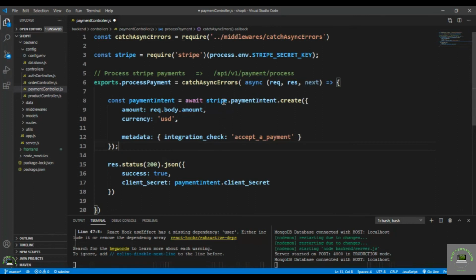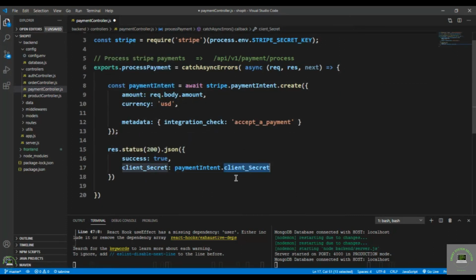First of all, Stripe has a property of paymentIntents, and we create a new intent. We have to pass the amount, which we will pass from the front end, then the currency, which is USD, and in the metadata we pass integration_check, which will be accept_a_payment. After accepting the payment from this payment intent, we have to pull out the client secret, and now we will pass this client secret to the front end and check it. So we will pass a client secret from the back